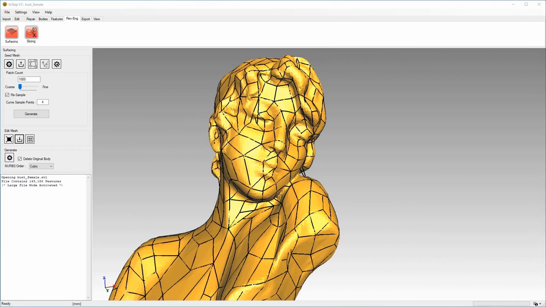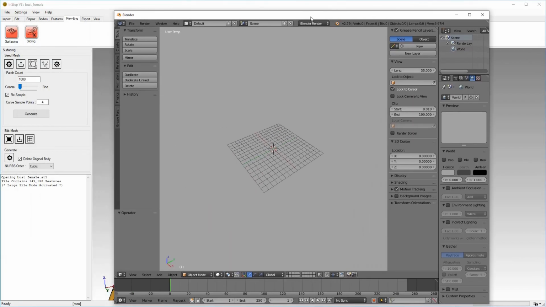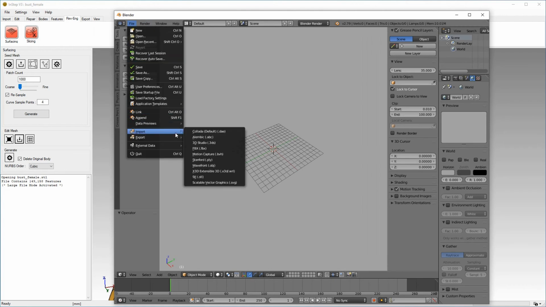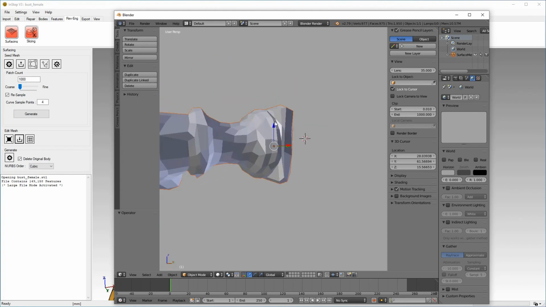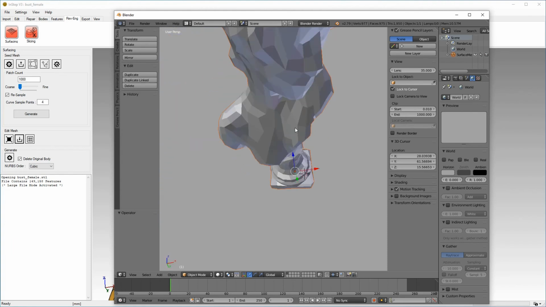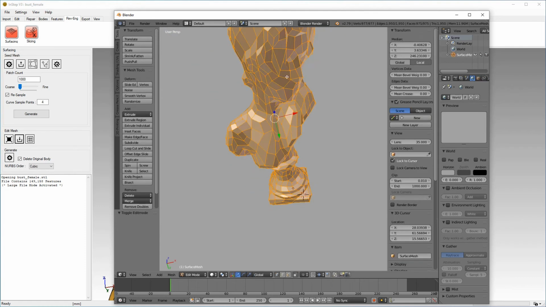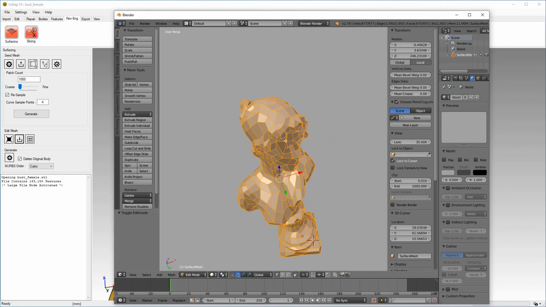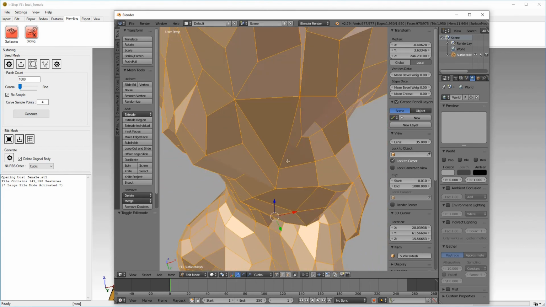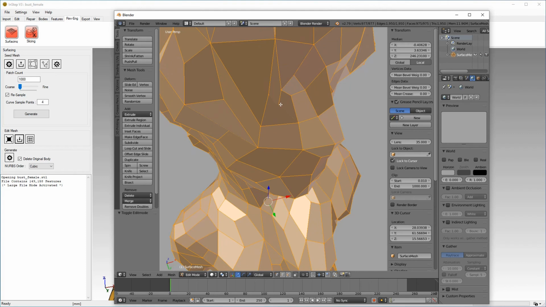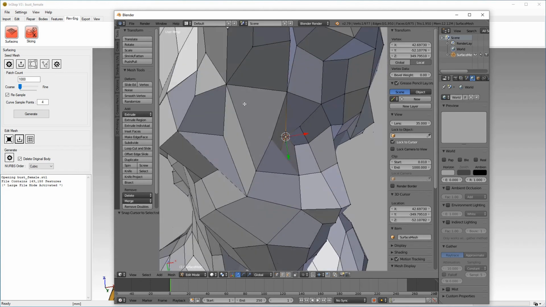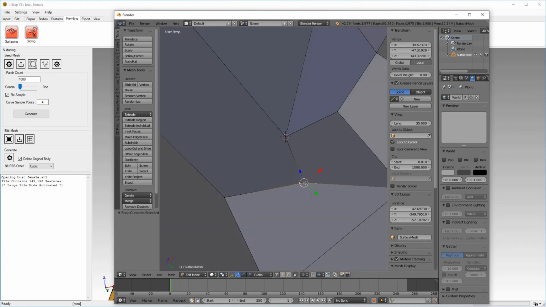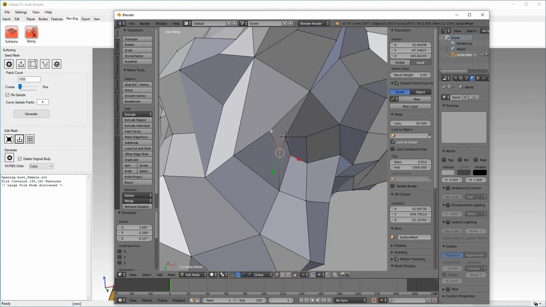Now what we can do, and I'm going to use an older version of Blender for this, we can import that file, and then we can manually modify this. So for example, if you wanted to change some aspects of these facets, we can directly do so in whatever polygon editing tool that you're familiar with. So in this case, we may want to modify some of these facets around the eyes, just so that we have a better shape mesh.